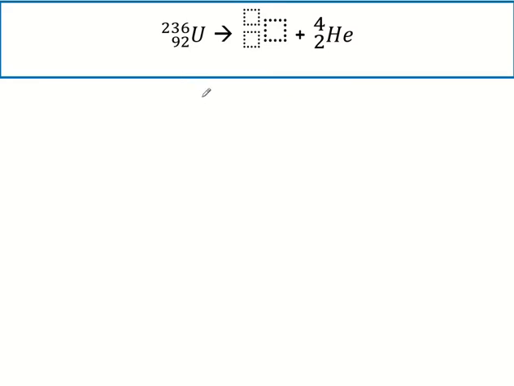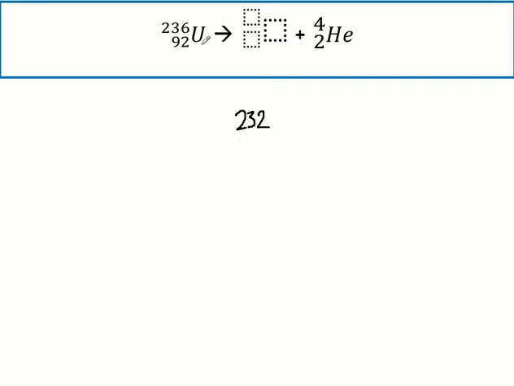So what we need to do for this one then is we've been given the left hand side, so we've got uranium-236 over here, and we've been given the fact that it is alpha decay. So over here we've got our helium. Now if we remember, we can work out what goes in these two boxes purely by subtracting from this. So if we've got 236 on the left and we've got 4 there, then we know that our top number is going to actually be 236 minus 4, which is